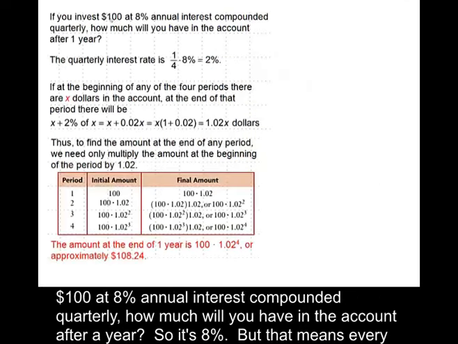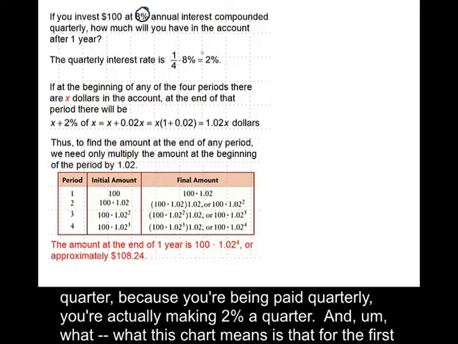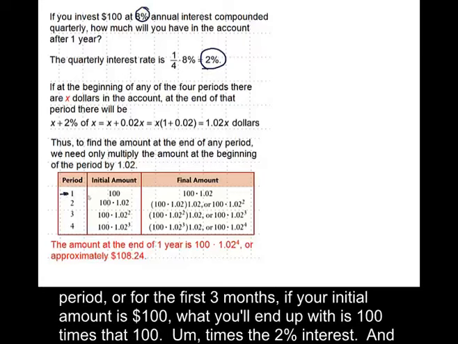If you invest $100 at 8% annual interest compounded quarterly, how much will you have in the account after a year? So it's 8%, but that means every quarter, because you're being paid quarterly, you're actually making 2% a quarter. What this chart means is that for the first period, the first 3 months, if your initial amount is $100, what you'll end up with is 100 times